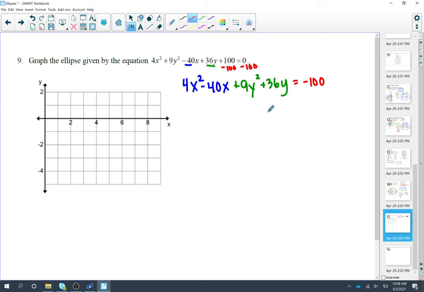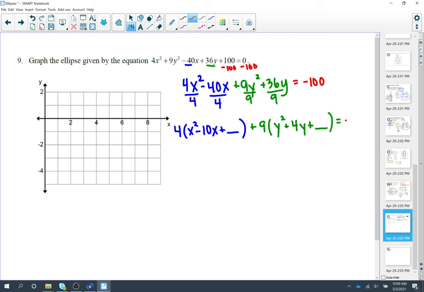The problem is you cannot complete the square unless the leading coefficient on your variable is 1. And right now on my x's, I have a 4. I need it to be a 1. So the first thing I'm going to do is take out a 4. So we're going to have 4 times x squared minus 10x. Then I can add my blank. Plus, same thing with my y's. I have a 9. I don't like it because the leading coefficient has to be 1. So we're going to take out a 9, and then we're going to have y squared plus 4y plus blank